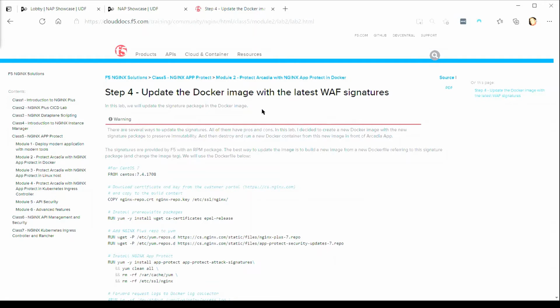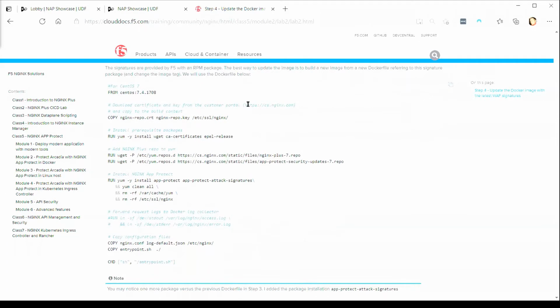So what we're aiming to do in this step 4 is create a new, fresh Docker image that carries the updated signatures. And the first thing we're presented with is a view of the Docker file that we're going to use. This Docker file only differs from the previous one in 2 aspects.